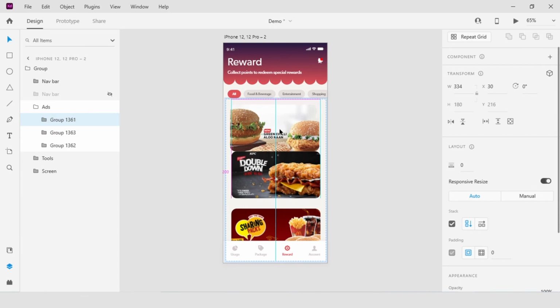I have the ability to come in and control the spacing between my objects within the stack, similar to what I did with padding. So I can always hover over a space and press and drag it. If I want them to be the same spacing, I will hold the shift key and press and drag to make sure that the space within that stack is consistent.